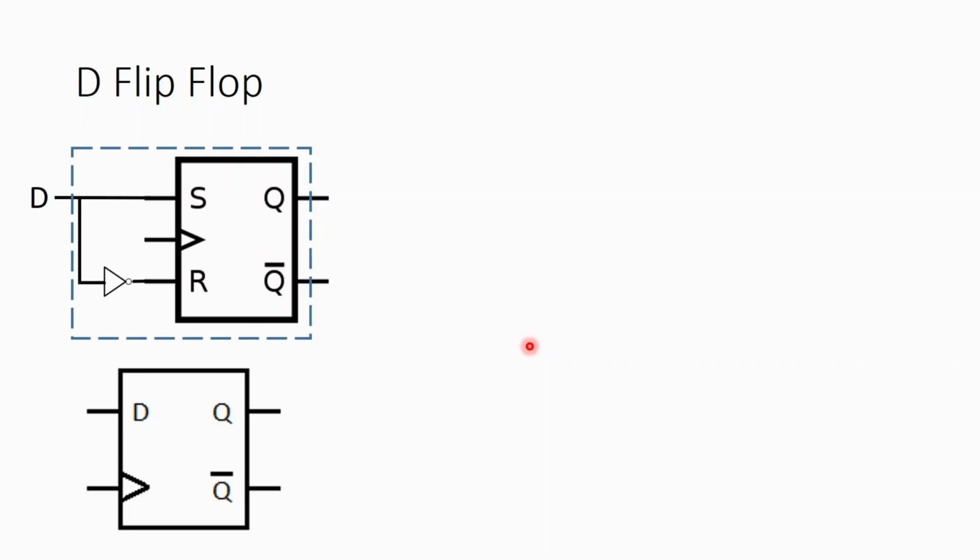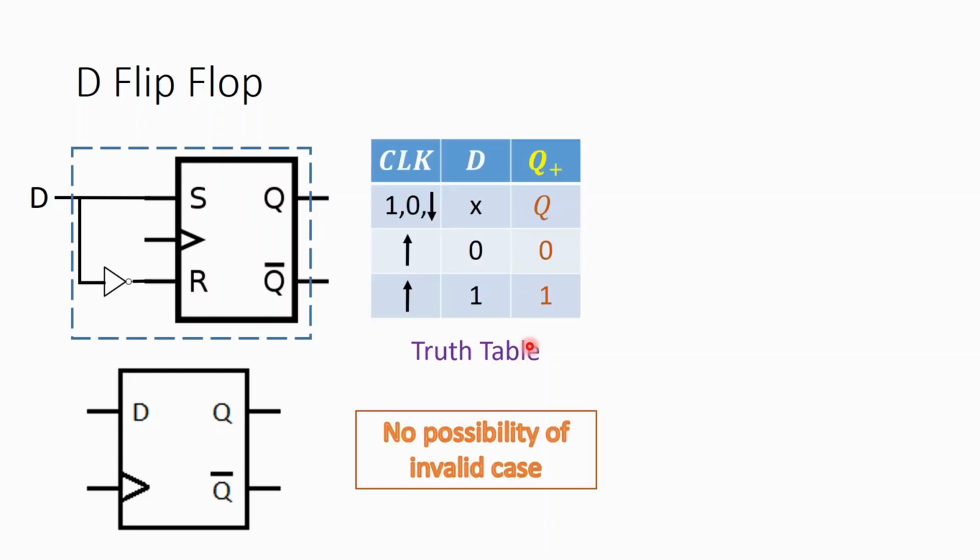Here the input states are only two, 0 and 1, D being 0 and 1, and the output, as you can see, will also be 0 and 1. When D is 0, output will also be 0. When D is 1, output is also 1. Remember the SR flip-flop truth table. What we have achieved here,